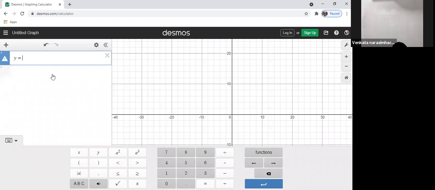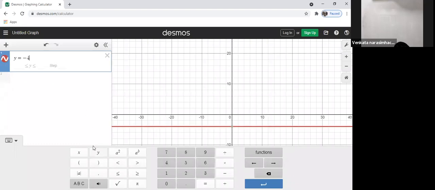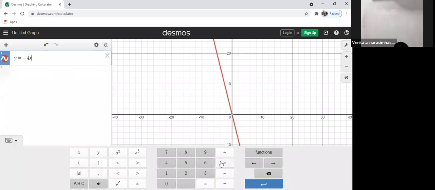Now somebody wanted a negative slope, say, then we put minus 4x. Y equal to minus 4x, with no intercept, passes through the origin. Suppose I put plus 5. Do you see the negative slope with theta greater than 90 degrees, and the intercept on the y-axis is 5? Yes, sir.